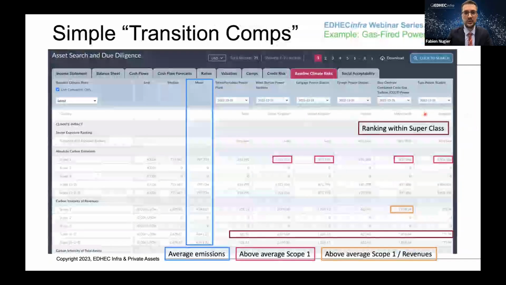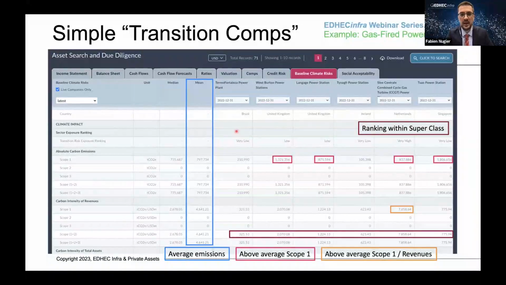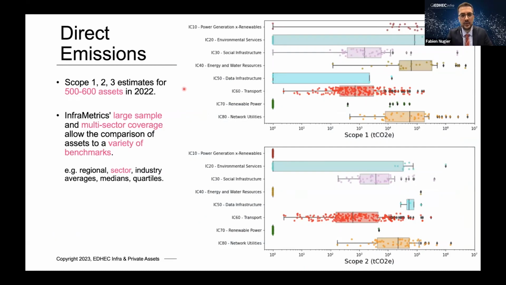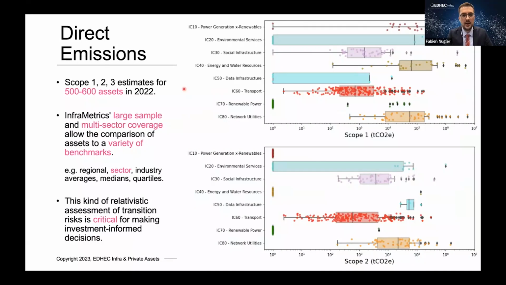All right, so this was for single asset comparisons, either to the mean, but you could also compare the assets to each other. And these are the predictions that we have from our models. So we have, like I said, between 500 and 600 assets covered. And here you have the different superclasses, so the sectors, and scope 1 at the top and scope 2 emissions